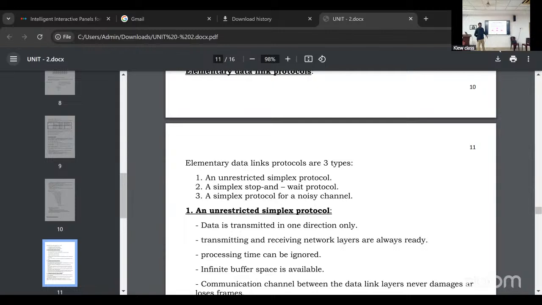So 100 Mbps speed will be used for the twisted pair. See here, bandwidth: 10 Mbps, 100 Mbps, 1 giga.